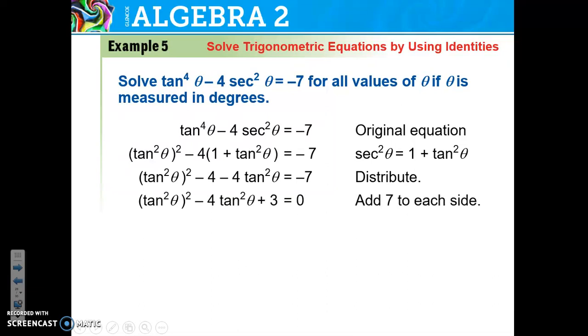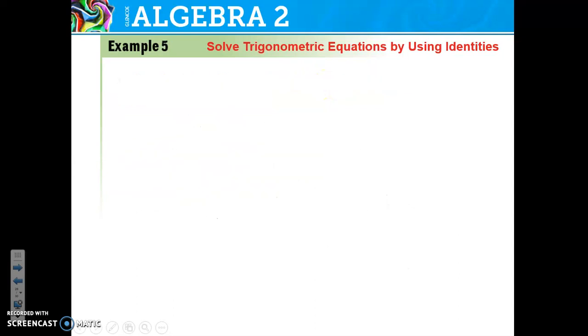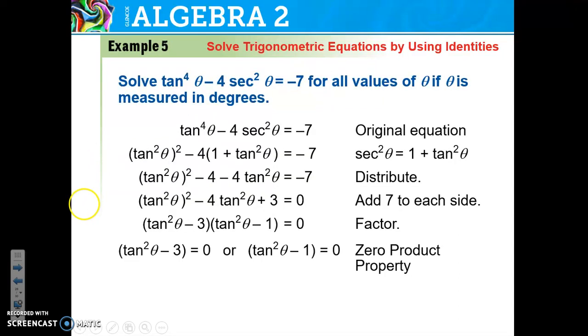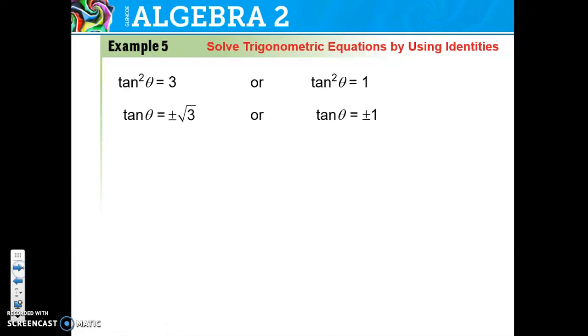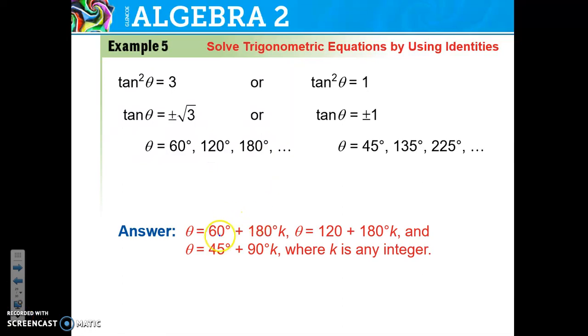Here we have the tangent to the fourth of theta minus 4 secant squared of theta equals negative 7. Oops, sorry. So take a look at what they've done here. Replacing secant squared with 1 plus tangent squared. This is quadratic in form. This is tangent squared squared minus 4 tangent squared plus 3. So I can factor it in quadratic form and then use my zero product property. You might want to pause to take a look at this for a second longer. And when I solve, I end up with a bunch of solutions. This is for all values of theta. And so I have to write them out using the